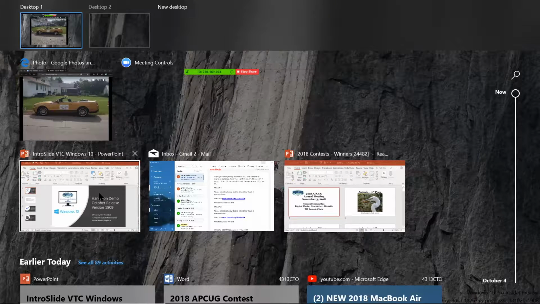Now, perhaps you're not interested in this. You say, well, I don't want all this information shown on my PC. Well, there's a couple things you can do. One, if you don't want that particular thumbnail to show, you can always click the red X here, and that will delete it from the timeline. Or you can also